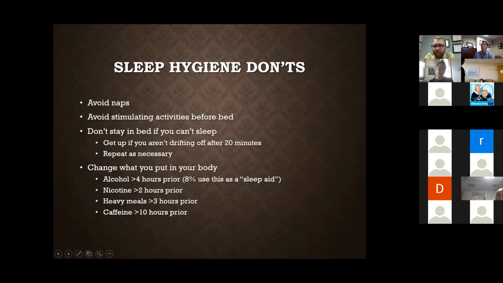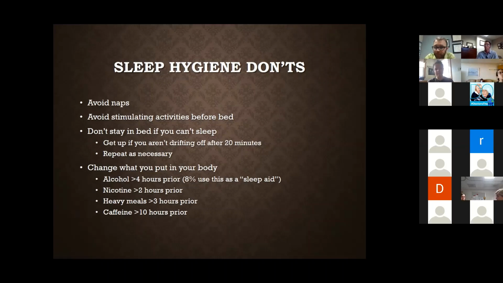If you do need a nap in the day, I recommend it be 15 minutes or less. We don't want you to go through a full sleep cycle in a nap. Otherwise, you're really going to stunt your sleep in the evening. Avoiding naps is very challenging, and people hate to hear that you can only have a 15-minute nap. People wouldn't even consider that a nap, truthfully, and that's why we recommend it that way.